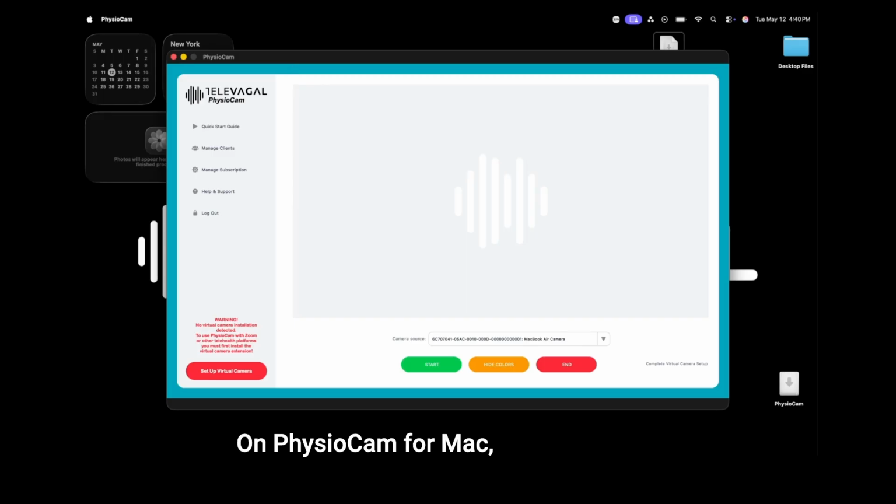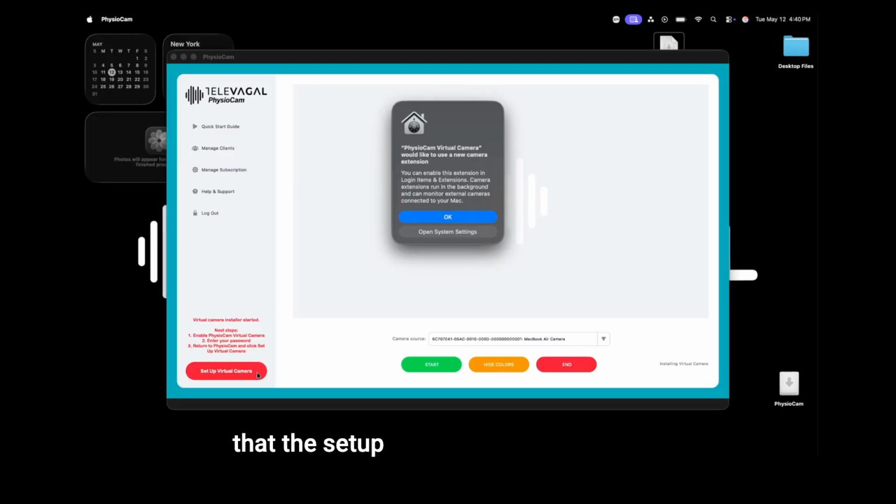On PhysioCam for Mac, we'll also need to perform our one-time installation of the PhysioCam virtual camera. To begin, click on the red Setup button in the lower left corner of the application window. An Apple pop-up window will indicate that the setup has started, but it cannot be completed until you give your permission in the Apple System Settings. Click Open System Settings,